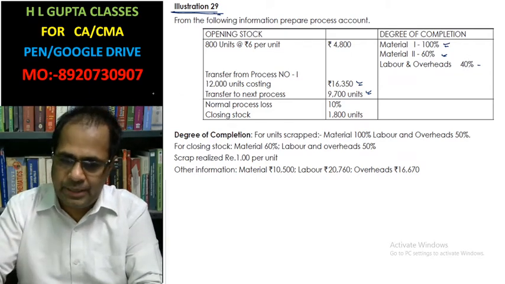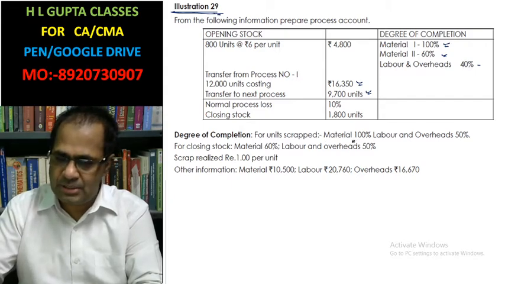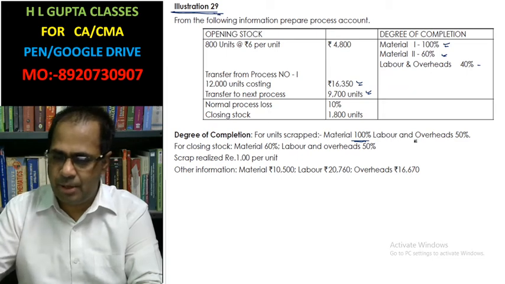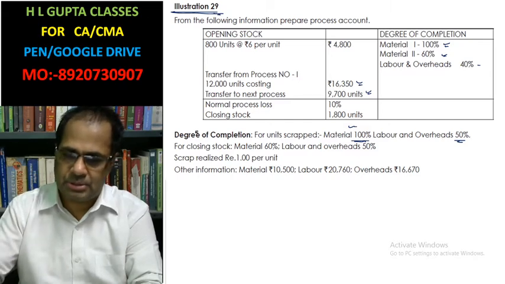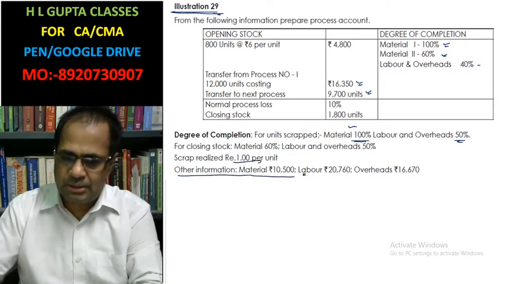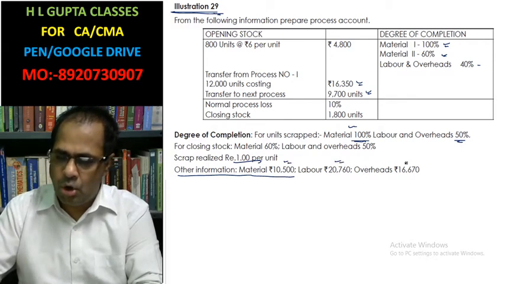Now, degree of completion for the unit scrap: material 100%, closing scrap this is, and labor and overhead 50%. This is the material 100% and labor and overhead 50%. This is the scrap completion. And now scrap realized rupees 100. Other information: material 10,500, labor 20,750, overhead